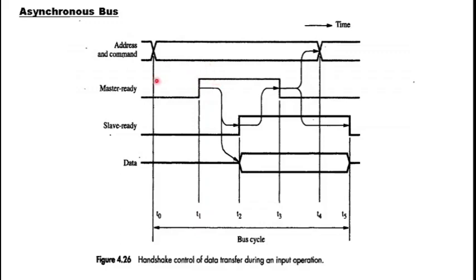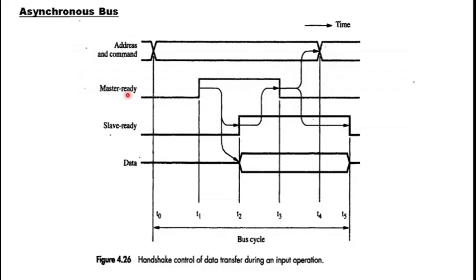And there is also another reason for the time delay between t1 and t0. Even though the master is generating address and command at t0, it is not until t1 that master gives a master ready signal. The other reason is that there is a phenomenon known as skew. Okay, so what is signal skew? Signal skew occurs when multiple signals are leaving from a single source. In this case we have multiple signals, and those signals are address and command information as well as master ready signal. These two signals are actually leaving from the master.